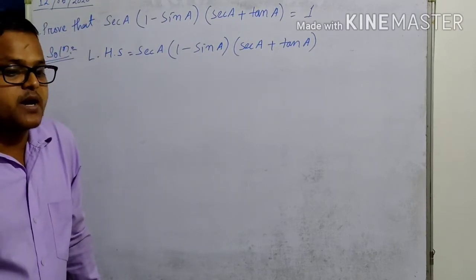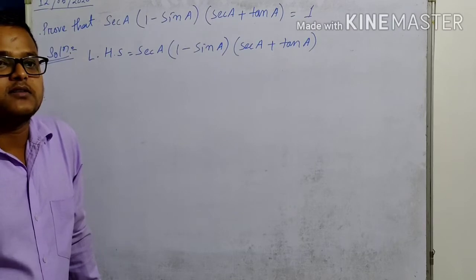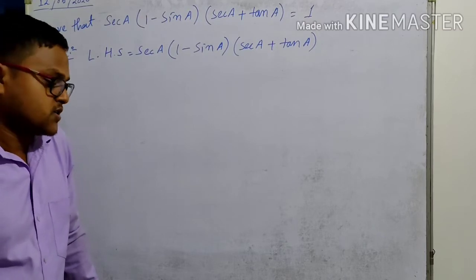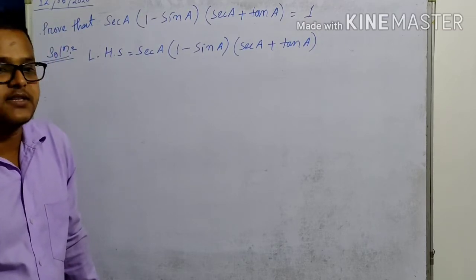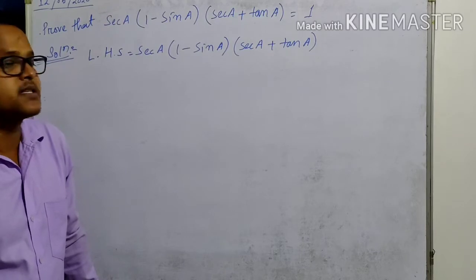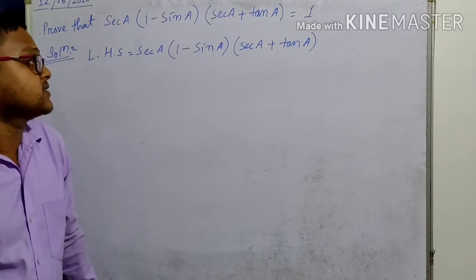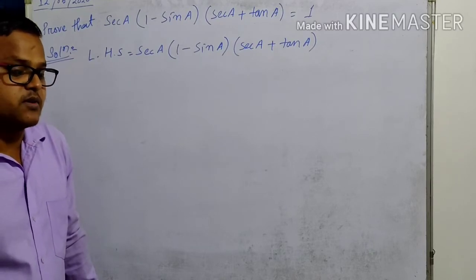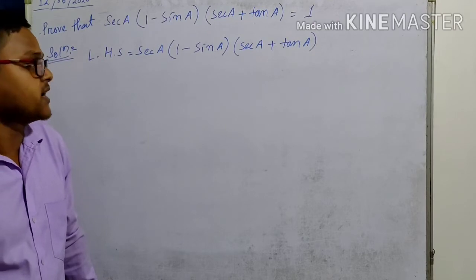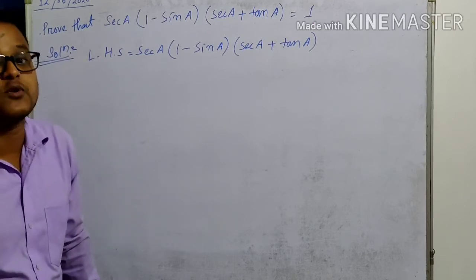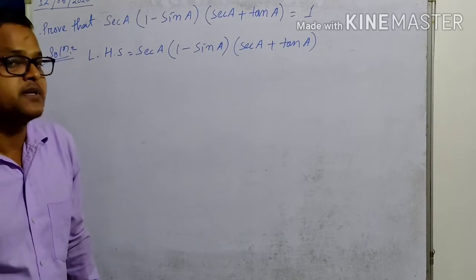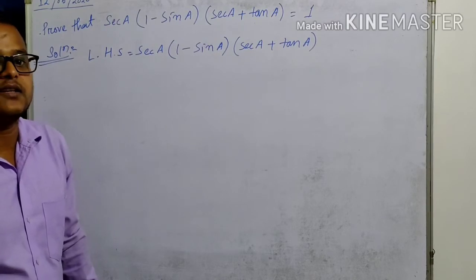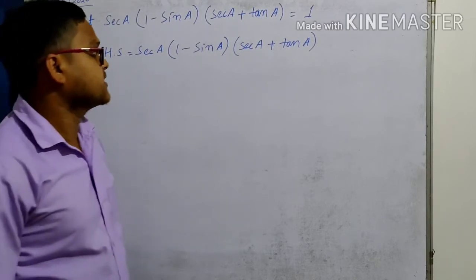So how can we prove this? By applying those identities which are suitable to this problem. By applying different identities we can solve this. Which one you can take, you decide by yourself. If you take one identity, you see whether it minimizes your steps or not. If it minimizes your steps, then you can use it. If you use some identities, then it minimizes some terms. Let's see how it is.